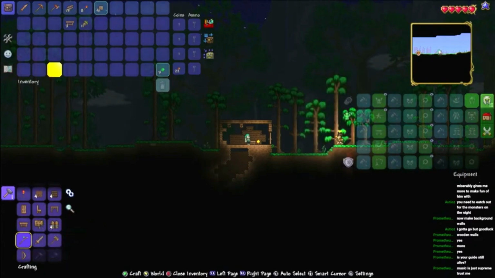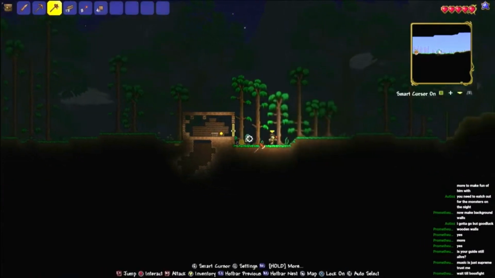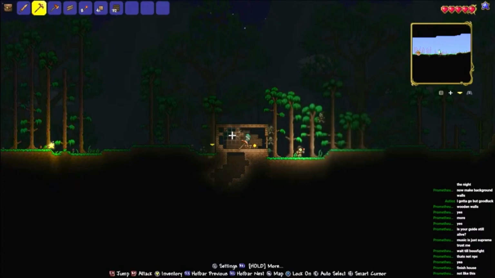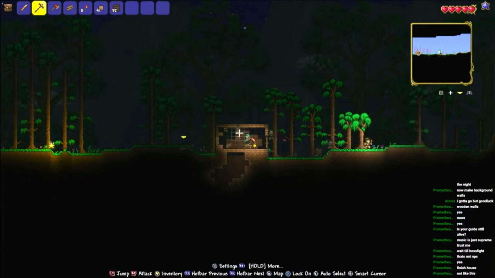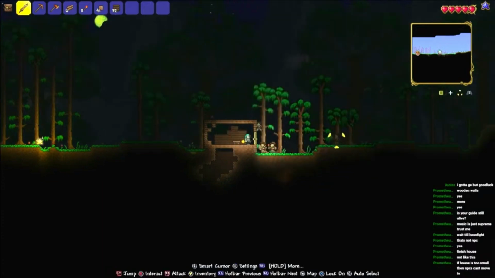Huh? Ooh, an NPC. Hello. That is in fact not an NPC. That is a zombie. And because I didn't exactly want to deal with that, I decided to just continue working on my house, even in the dead of night. Until I decided to just man up and deal with the zombies. Let's try...